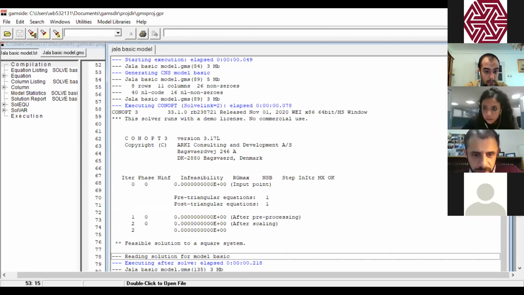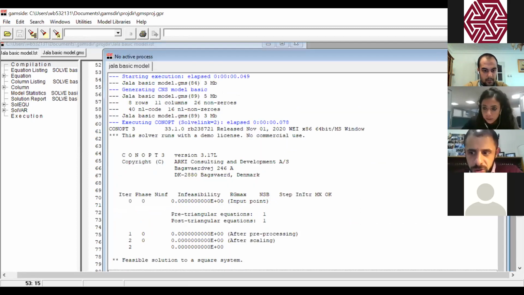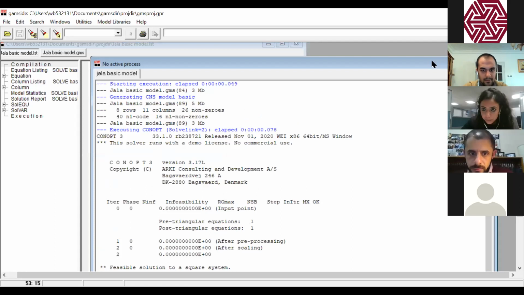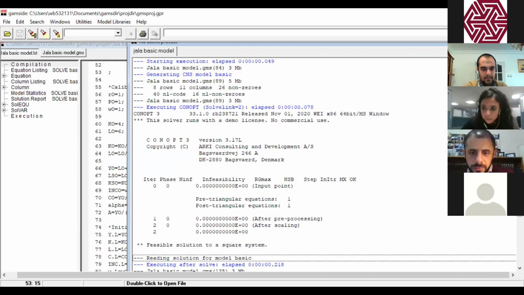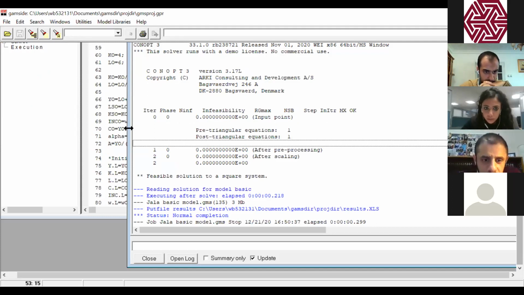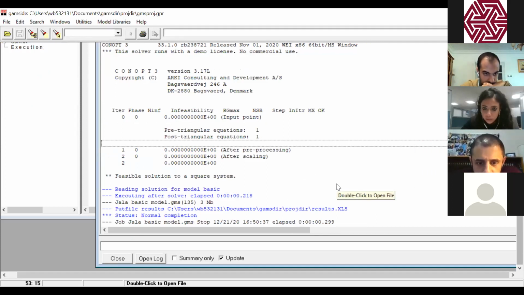Continue, please. Within this window, not outside the window. Okay, I'm trying. Scroll down, exactly. Yes, that's it. So as you can see here at the end, we have feasible solution to a square system.